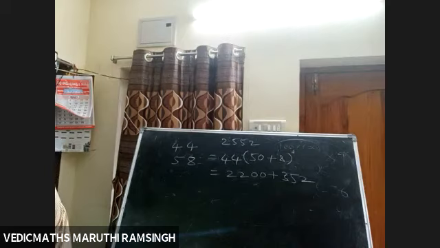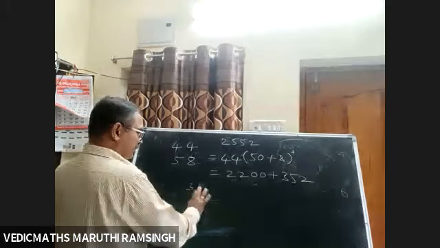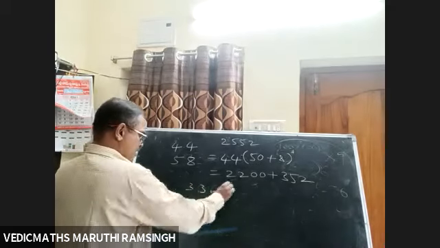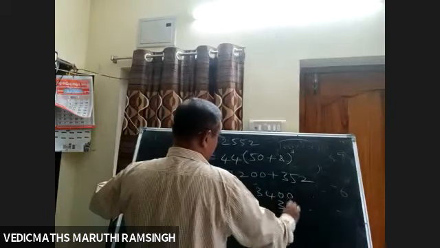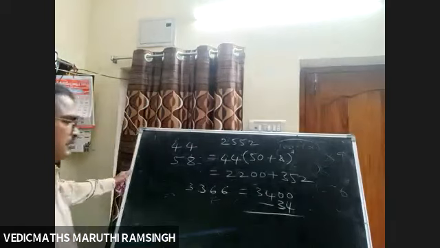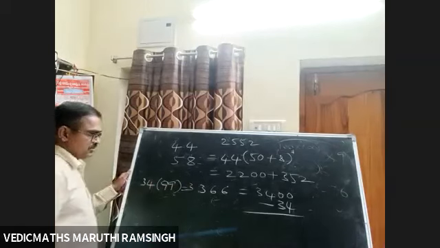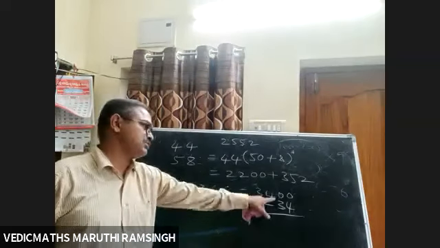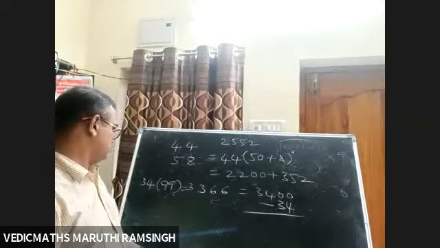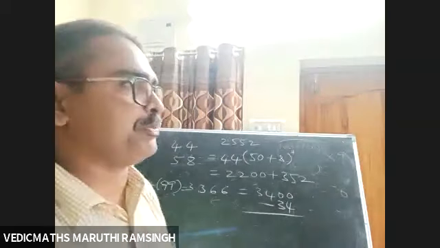And if we have a question like 34 multiply 99, we apply the 99 trick, right? 34 multiplied by 99 is very easy, because 3400 minus 34. Even here we can apply the all from 9, last from 10 trick. I just blindly subtract the 34 from this. That depends upon the question.